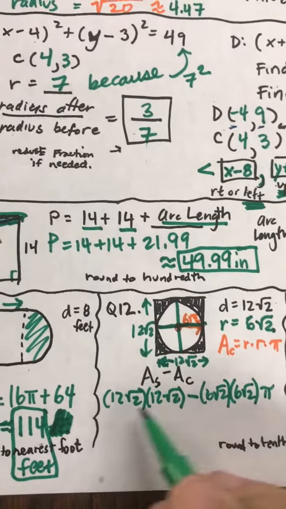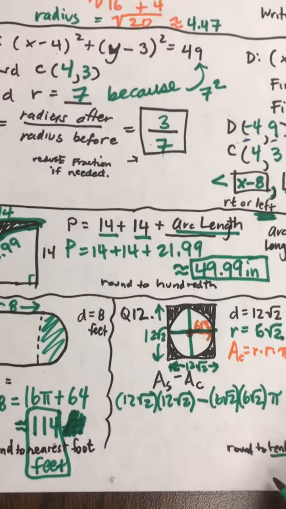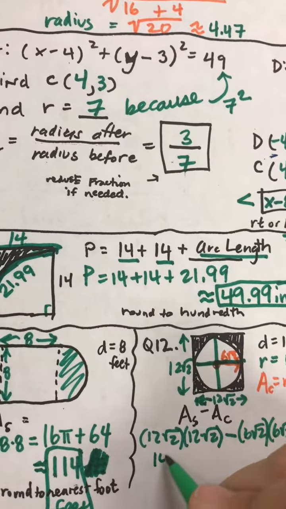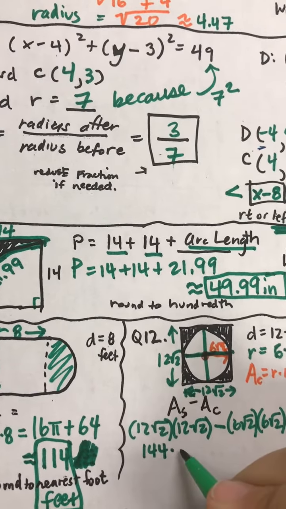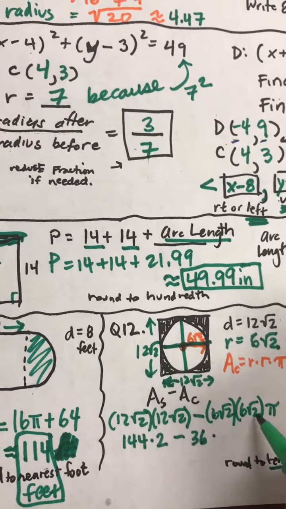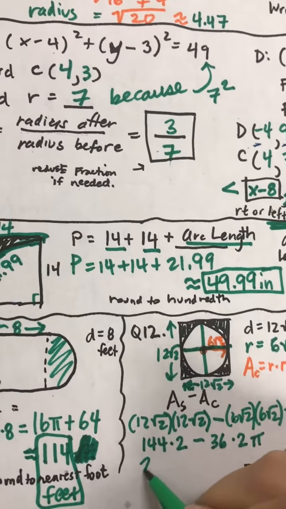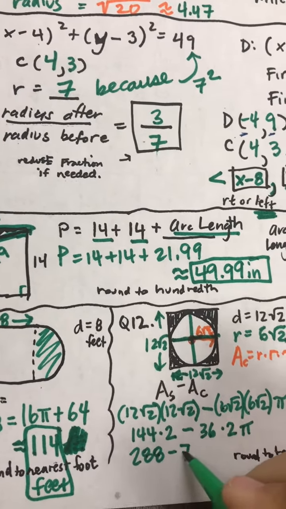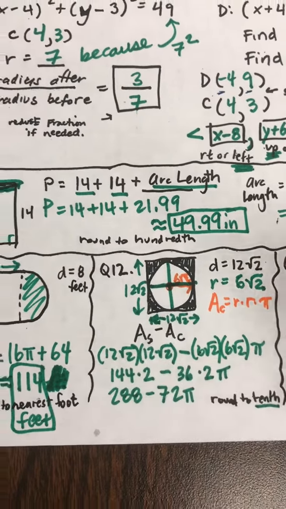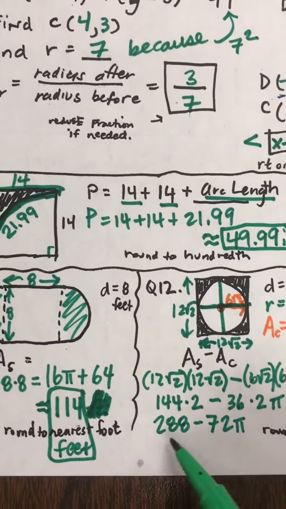So I would accept this as an answer, but I'd love it for a bonus point to get it all the way to a tenth. So let's see, 12 times 12 is 144, and the square root of 2 times the square root of 2 is 2. 6 times 6 is 36, and the square root of 2 times the square root of 2 is 2. So this would be 288, and this would be 72 pi. And again, I would also take any of these as a final answer. For bonus, though, I'd love for you to get them into the tenths form. So